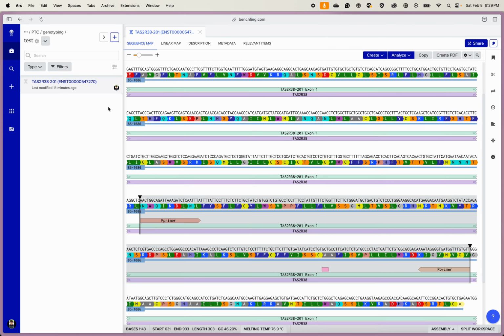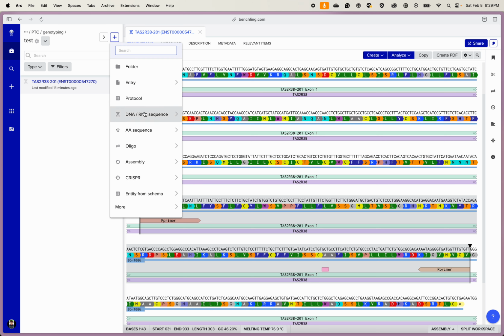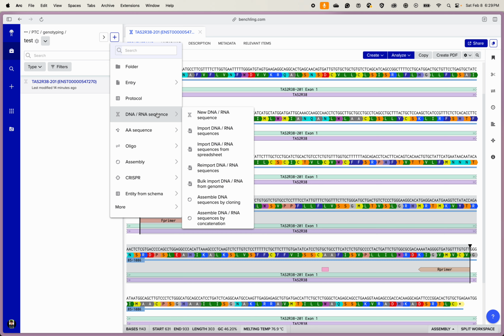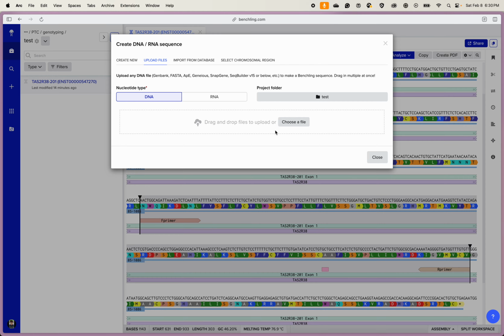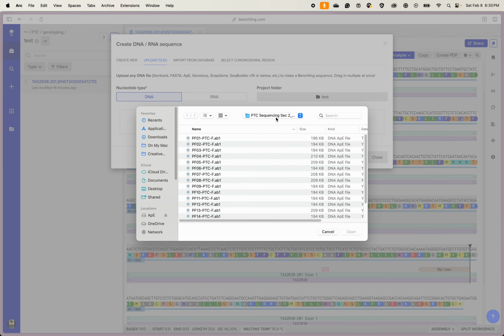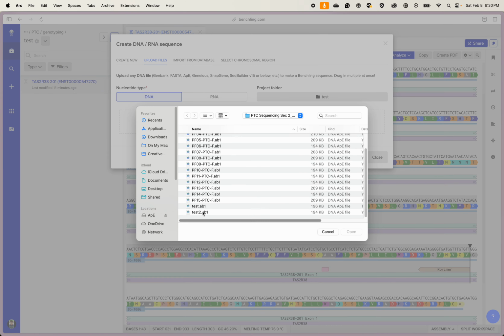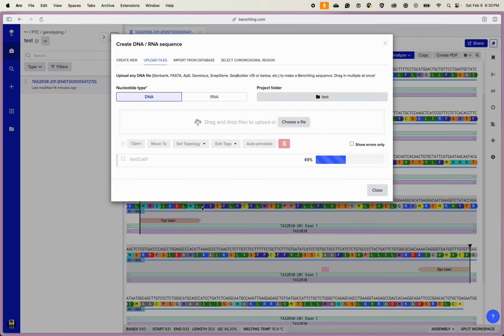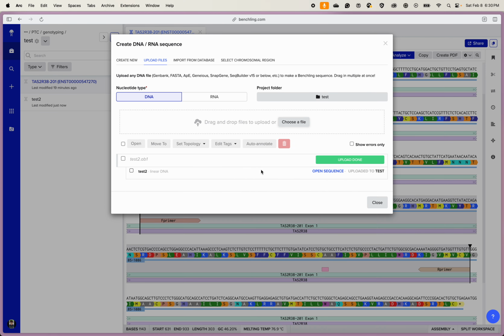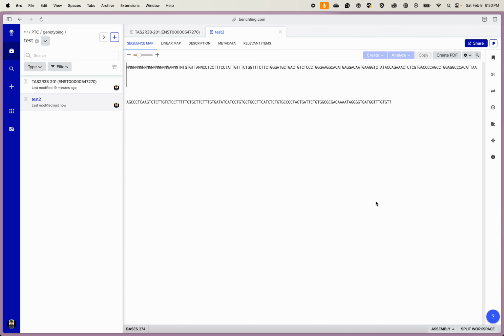Benchling also can handle these files, but it's not going to give you the electropherogram. So we're going to import DNA RNA sequence, and we're going to choose a file, and we're going to choose our test2.ab1. It's going to load, and this is not going to give us the electropherogram. It's just going to give us the sequence. APE can do this as well,